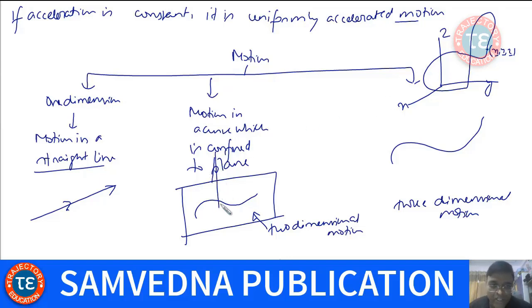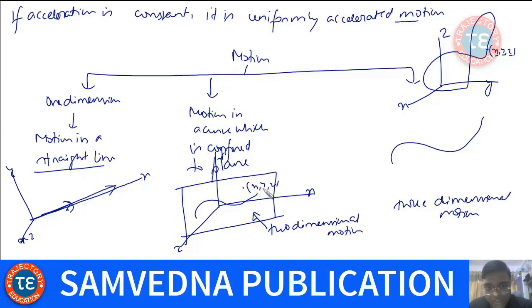Here what do you have? You can take a coordinate system like this, x and y. This plane can itself be taken as the xy plane, and then you see only x and y coordinates change with time. Your z coordinate remains constant. Here I can take even this as the x-axis. So what do you have? Only one coordinate is changing with time. Only the x coordinate changing with time. And taking this coordinate system is our discretion.